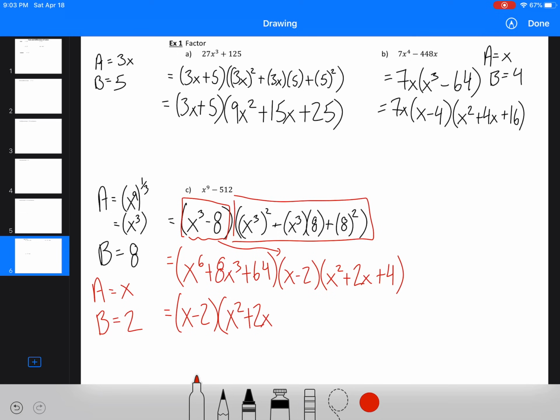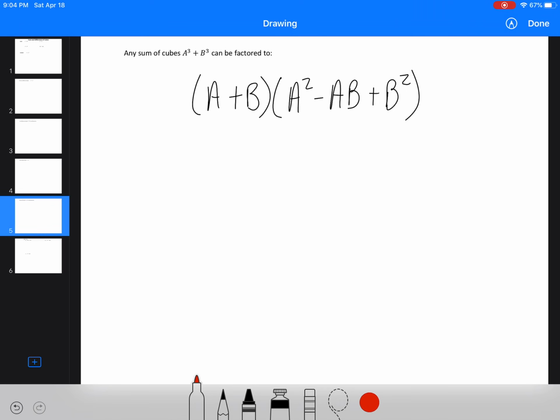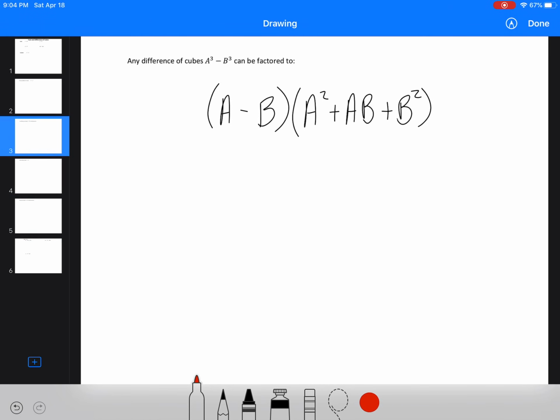Now we could rearrange this whole thing. It's probably a little bit nicer if we were to write it x minus 2, x squared plus 2x plus 4, and then x to the 6 plus 8x cubed plus 64. But on this second line, we've found all of the factors. We've simplified everything. Everything's written in, so that last line would be fine. This is a little bit more difficult, but it all comes down to the two formulas. The sum of cubes formula with the plus, minus, plus, and the difference of cubes formula with the